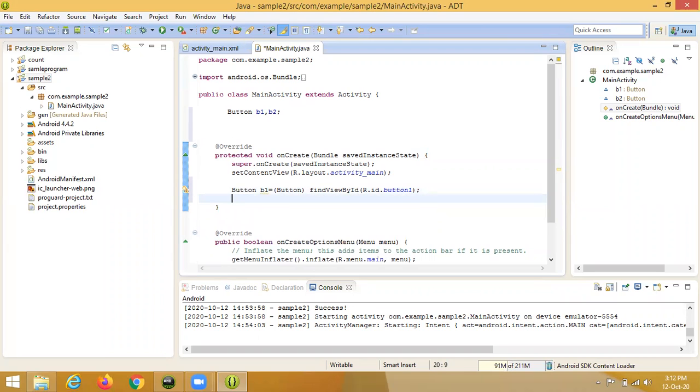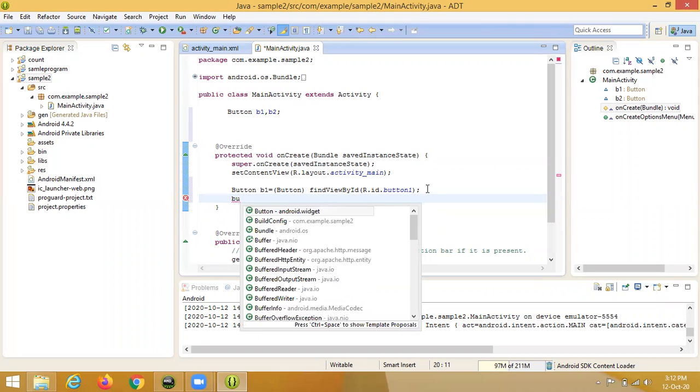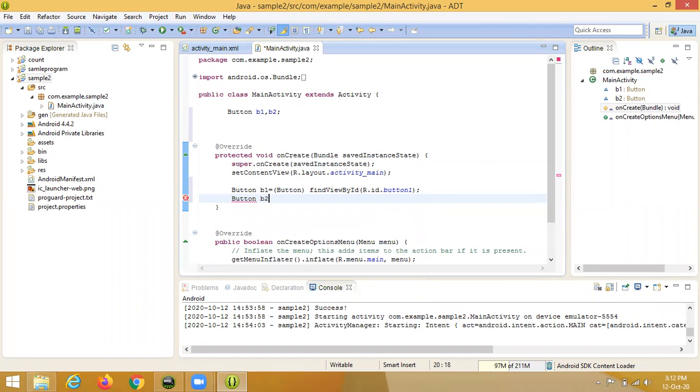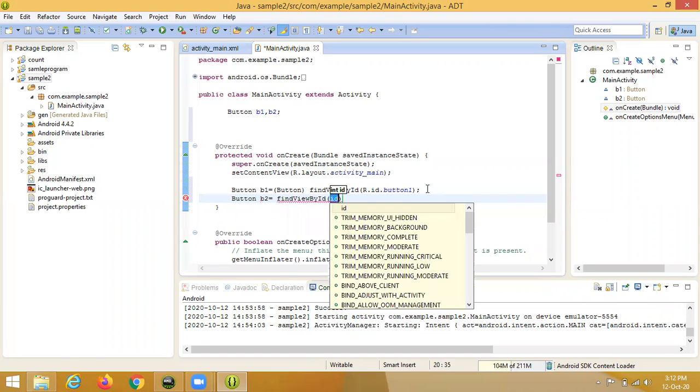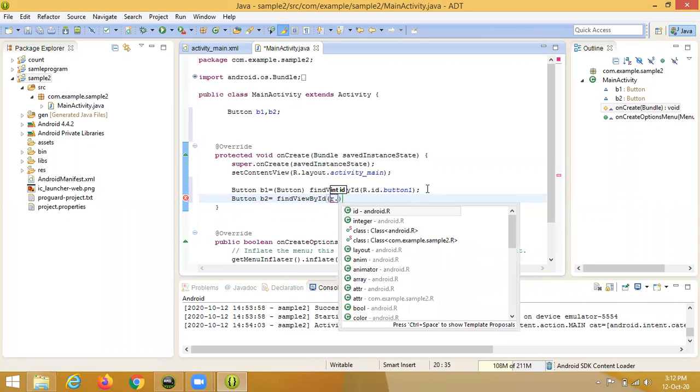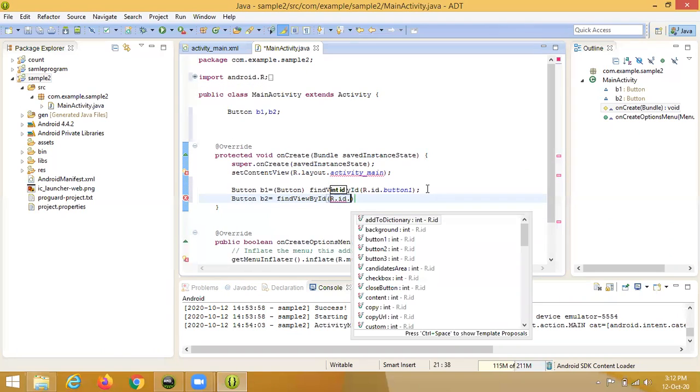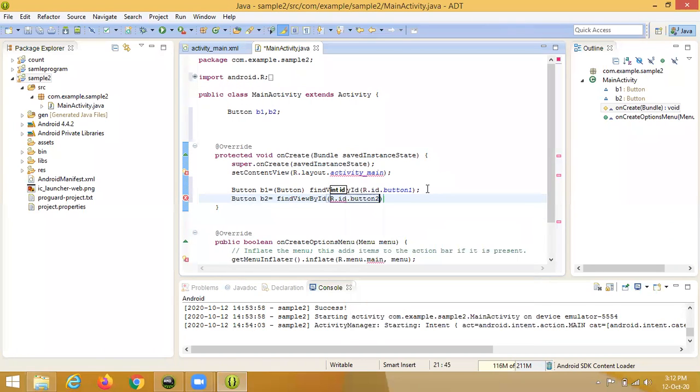Likewise for button 2: Button, control space, B2 equal to find view by ID, R dot id dot button2. Now we saw one more error. It's not an error, it's a default.